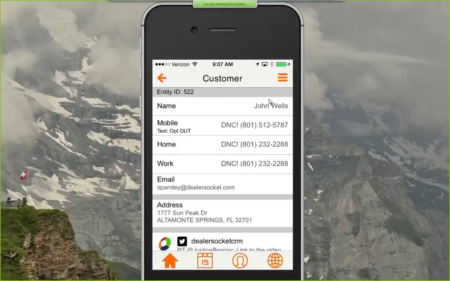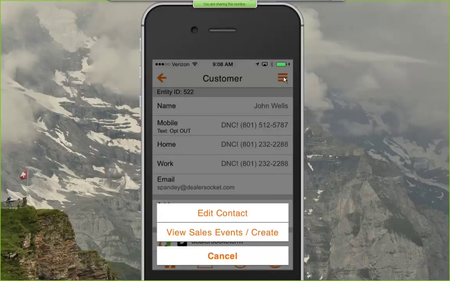To get to them from the mobile app, I'm going to come up to this menu button. I would get familiar with this button. Anytime that you're looking for something that's not here, you're like, hey, I want to see all the to-dos, or I want to be able to edit this customer, or I want to be able to push this to the DMS. Typically, that's going to be found within this More Options button. So when I tap on the button, you can see here I have the options to edit the contact or view the sales events. So if I tap View Sales Events,